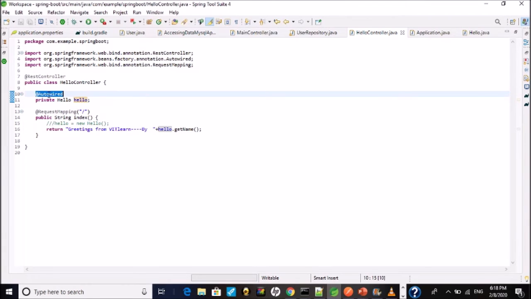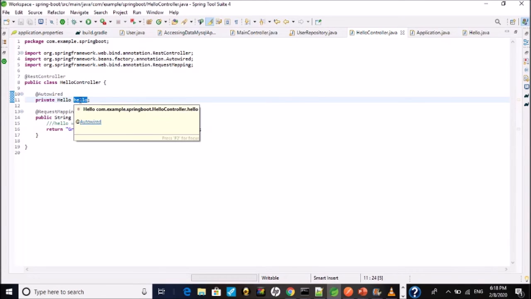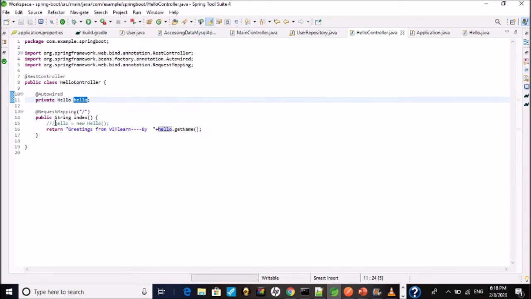For that purpose, we have an annotation called Autowired. This Autowired denotes that this hello instance variable will be injected at runtime, equivalent to this statement. So this is a simple example of inversion of control or dependency injection.